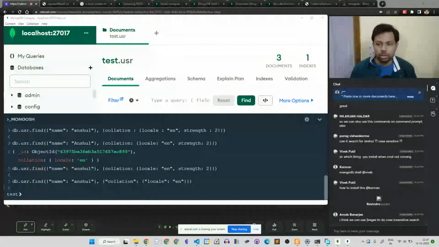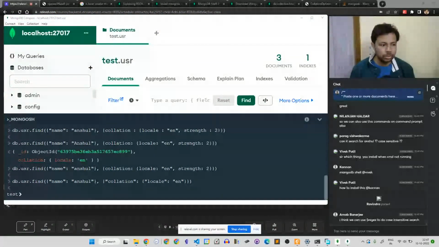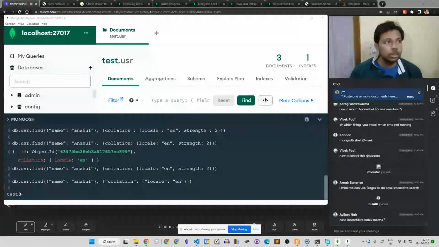I've just seen the solution a few minutes back. That is one.